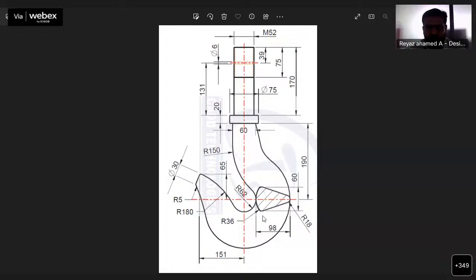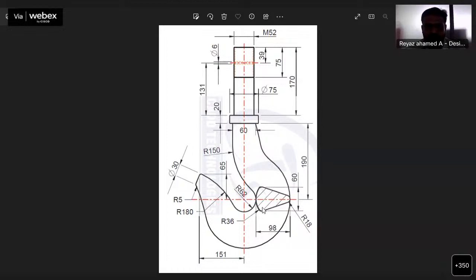And then see the bottom portion. In this bottom portion it is a hook. There are three different cross sections here. At the end of the hook, it has a diameter of 30 mm. The center portion looks like somewhat of a triangle based portion; it is not a cylindrical portion. And the other end has a 60 mm diameter. It can't be made as anything else, so it has to be mentioned as 60 mm diameter.